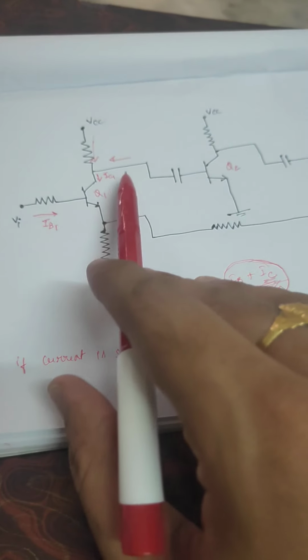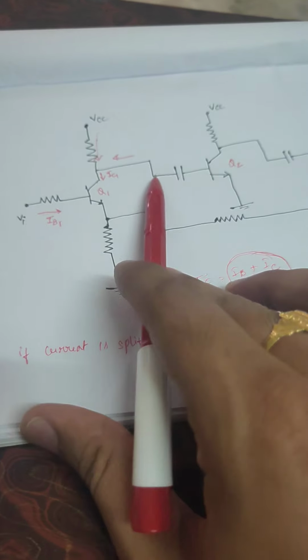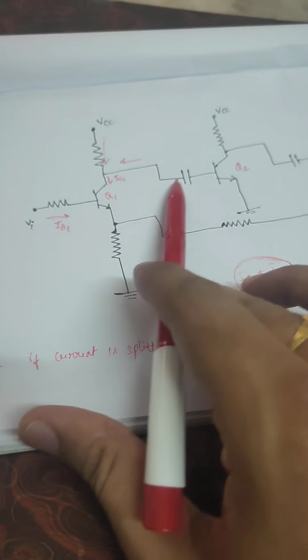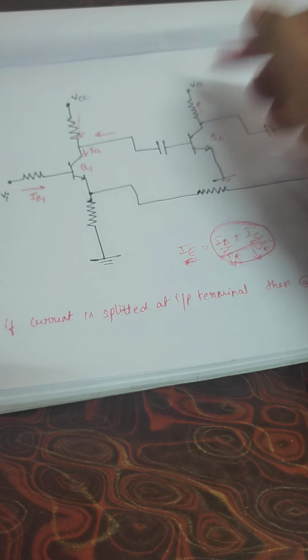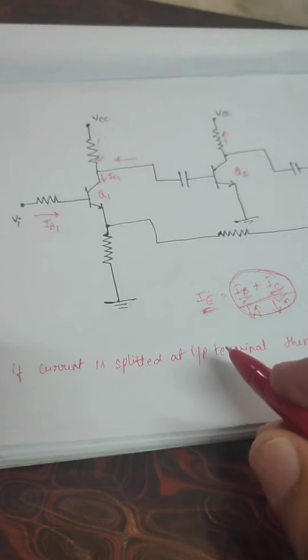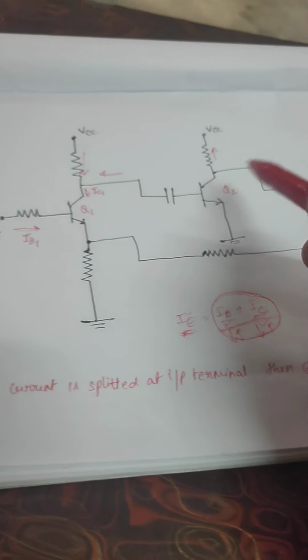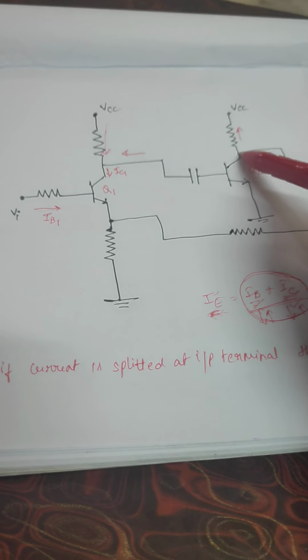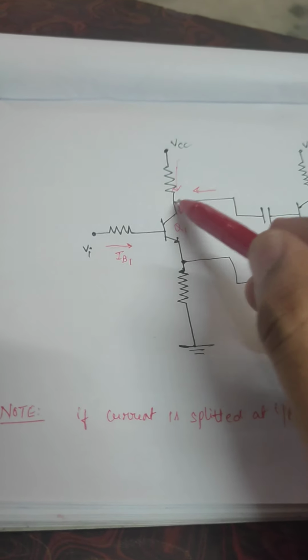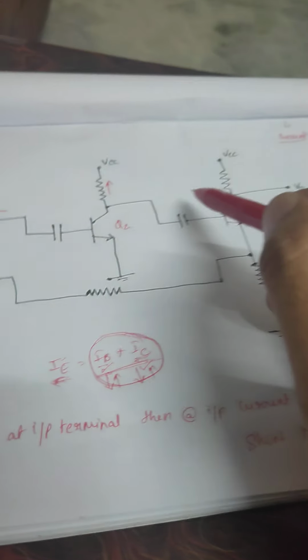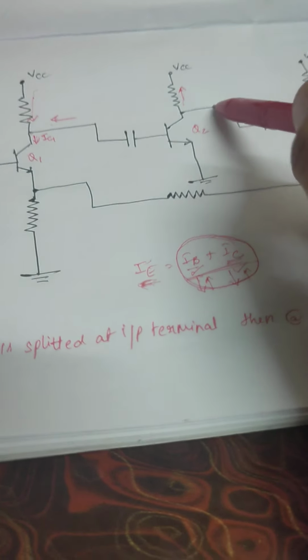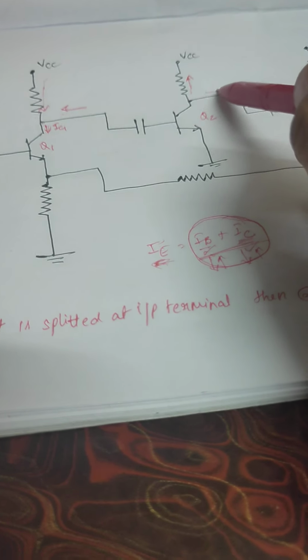If you see, this current is from the base of the second transistor, the base current is leaving, hence the collector current should also leave. I am going to mark the collector current as also leaving. Please remember, students, whatever current generator is at this terminal should also leave. Here also the same: whatever current generator there is should enter the collector. That means this should enter, this should enter. Similarly, as this is leaving, this should also leave in nature. That means it has to leave the collector like this.